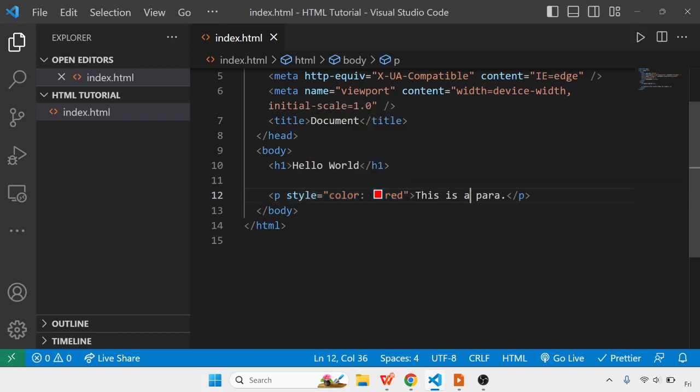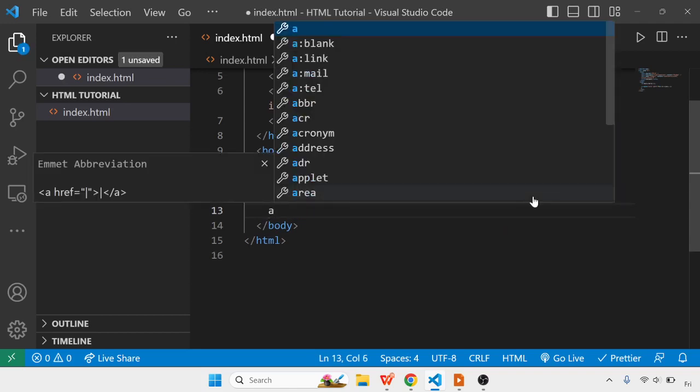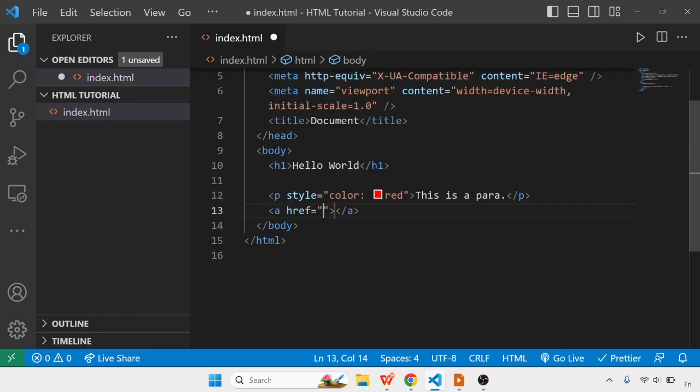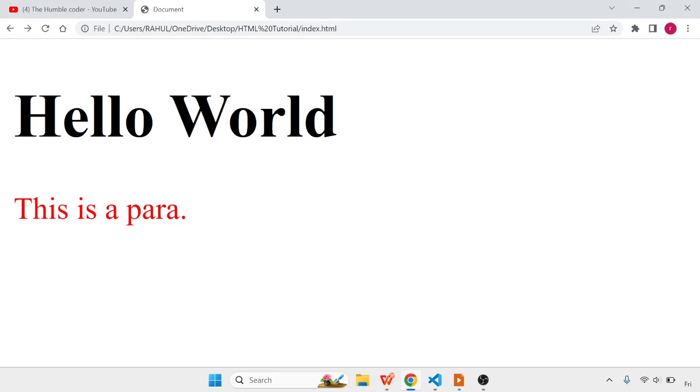Let's now look at one more attribute so that you get a better understanding. In HTML we have a tag or element called anchor. What is the main use of it? Whatever text I write inside this will be considered as a link. Right now I have written Google, so this is acting as a link. I can click on it, but right now it is not redirecting me anywhere.